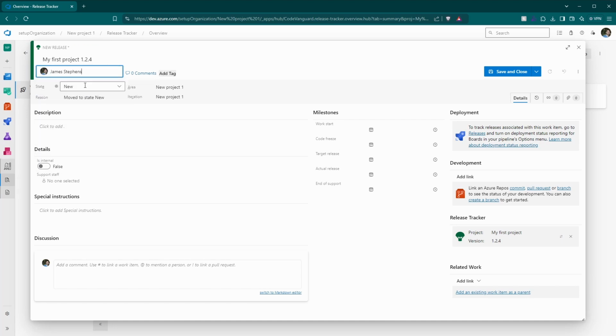Releases in Release Tracker also support milestones. Milestones help your team keep track of important dates and provide a clear timeline for the release. These milestones include work start date, which represents when work on the release begins,